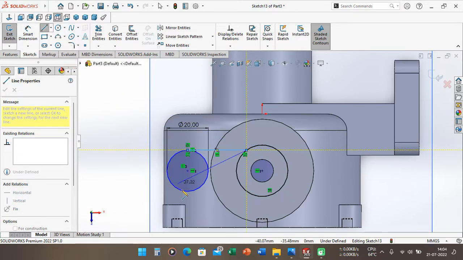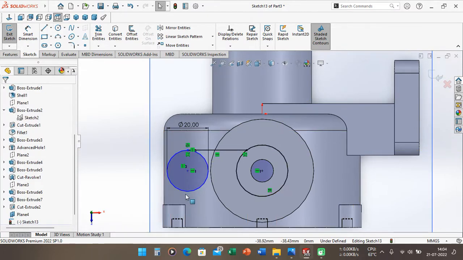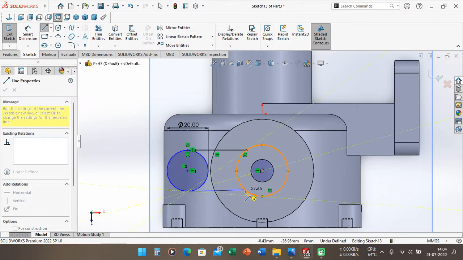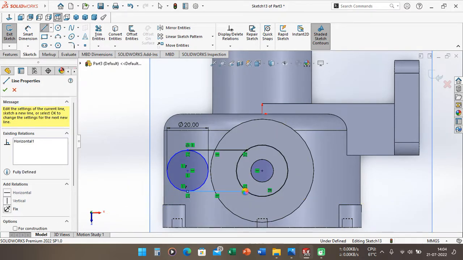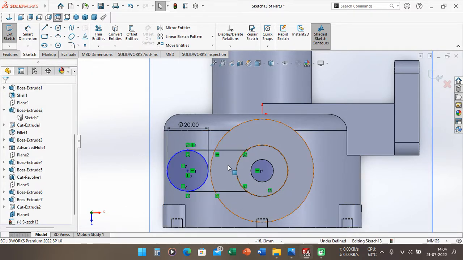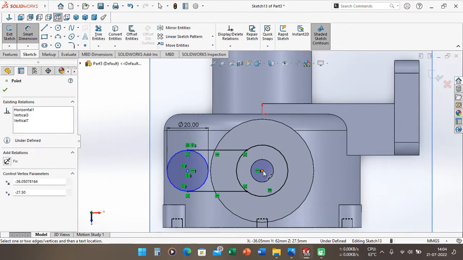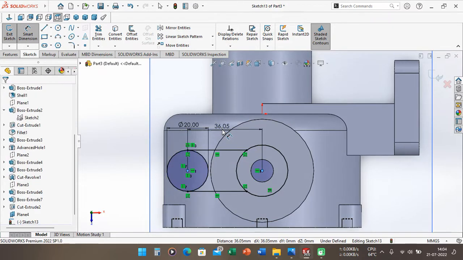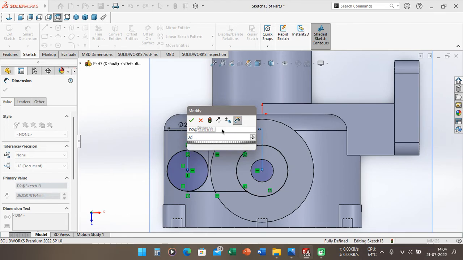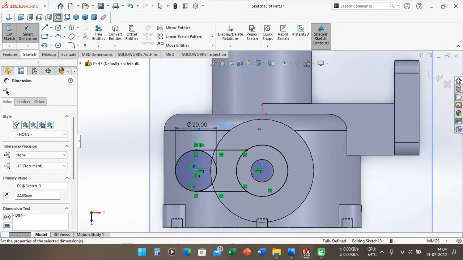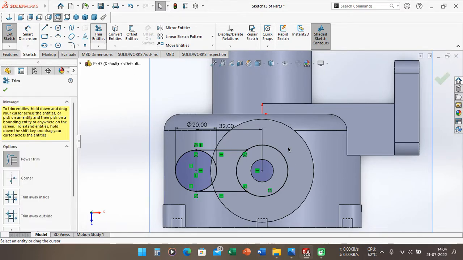Okay, we can make again here until here. Make sure the line has been created and the direction of this line is horizontal. So after that we can go to smart dimension again and choose this point and this point, and make distance 32 millimeters. Choose okay. After that we can trim this line and this line.